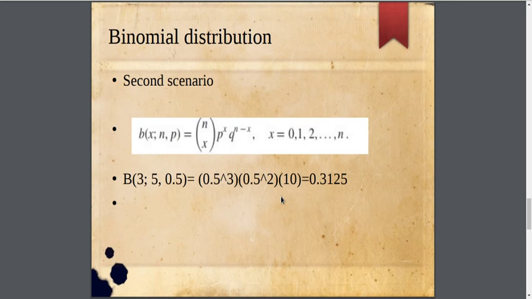When a coin is perfect, you know that the probability to get head or tail is 0.5. So we just have to replace that. P elevated to x is 0.5 elevated to 3, and q elevated to n minus x is 0.5 elevated to 2,